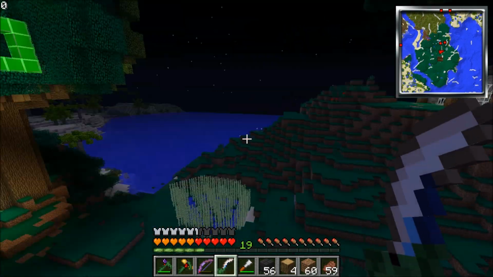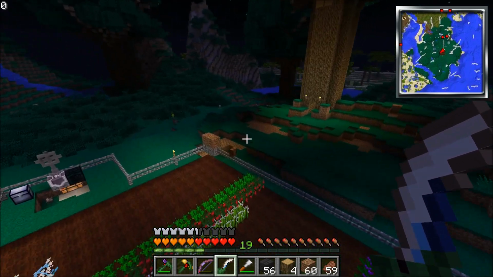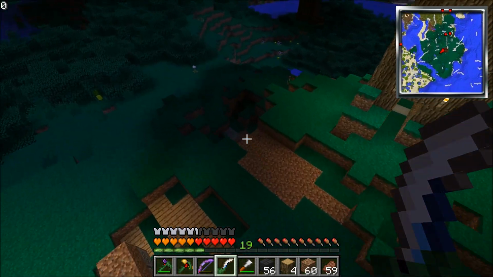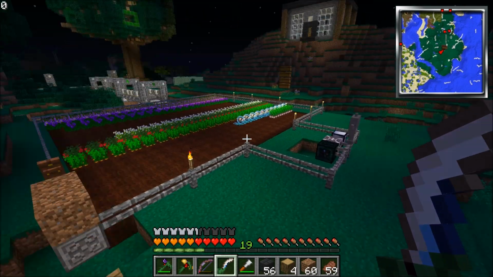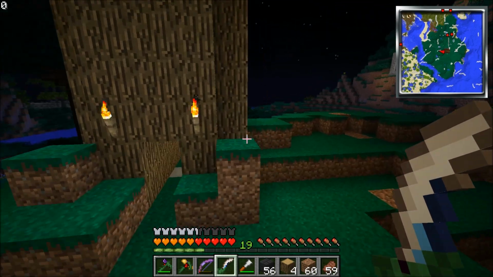So what the significance is between 19 and 20 attack damage is, 19 attack damage is essentially on regular mobs the same as being only 10, because no matter what, even if you have 19 attack damage, where